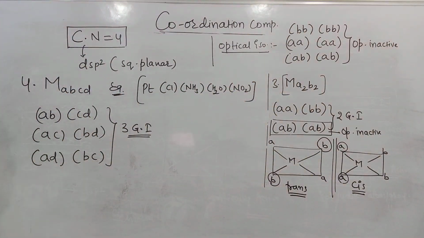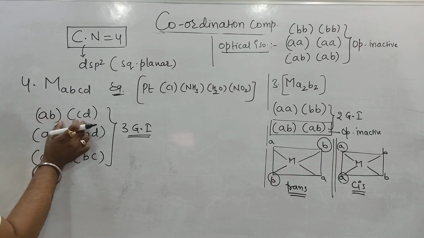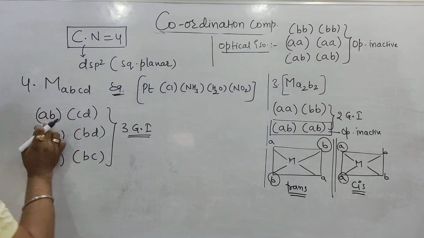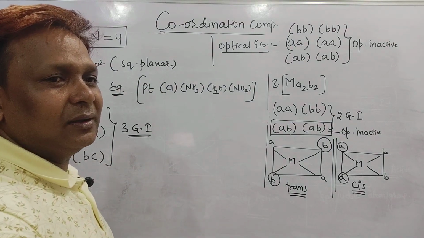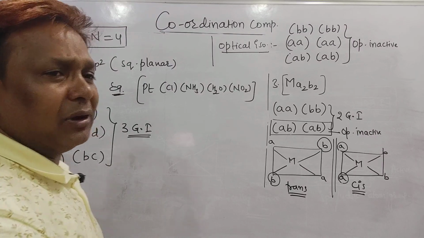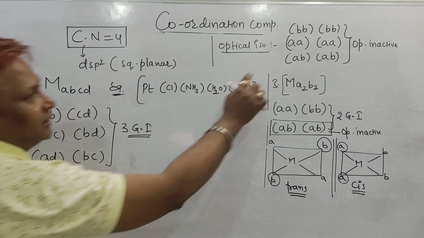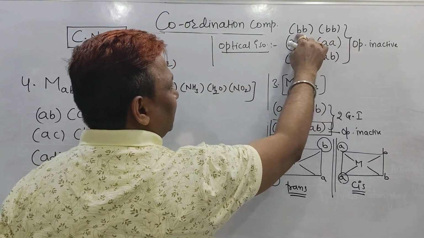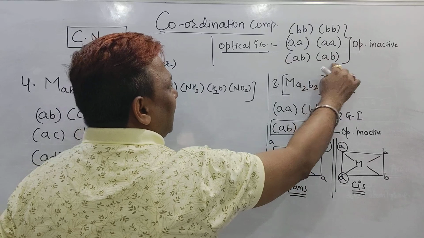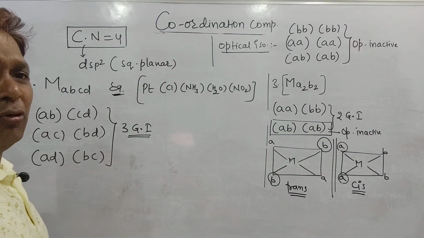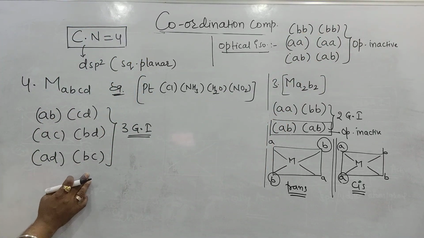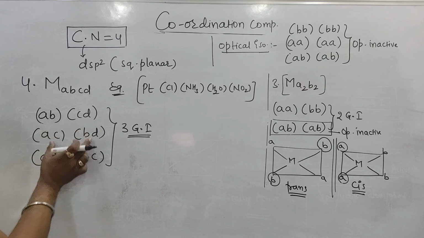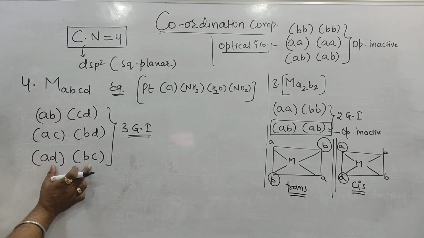Just a minute. See here. How many are optically active and how many optically inactive, you can see, beta. Are you getting any repeated pair among these? A, B, C, D, not there. Are you getting any repeated pair like this, beta? See, AA is optically inactive, BB optically inactive, AB, AB optically inactive. But are you finding any of these in these 3? I will say no. So this becomes optically active, this becomes optically active, this becomes optically active.